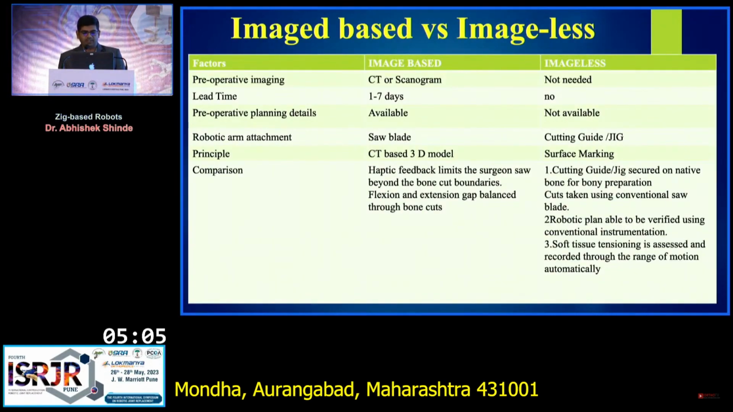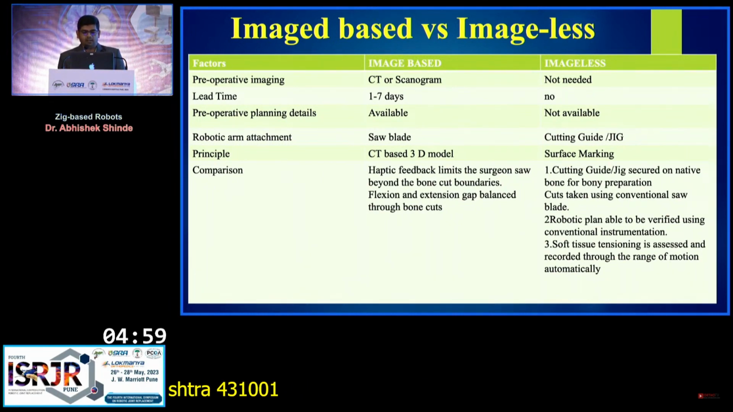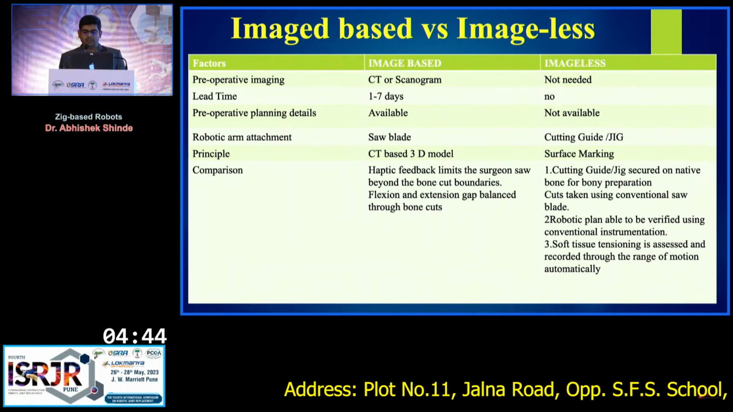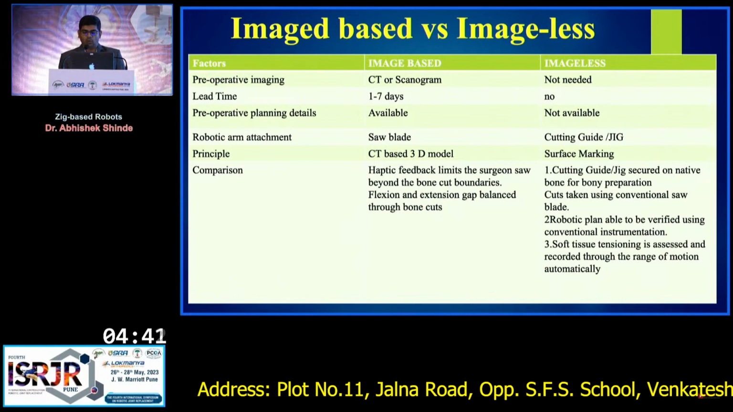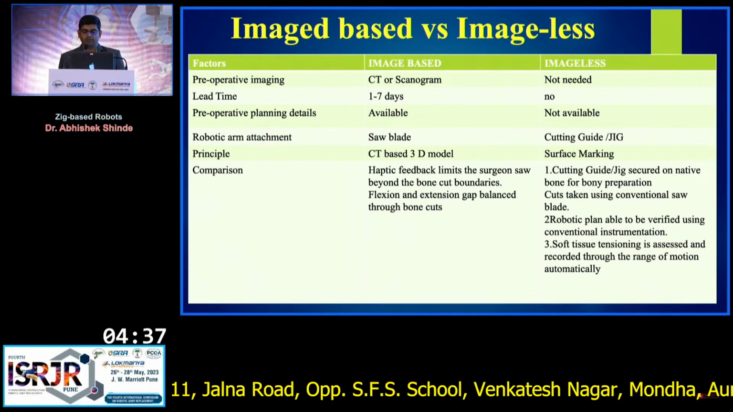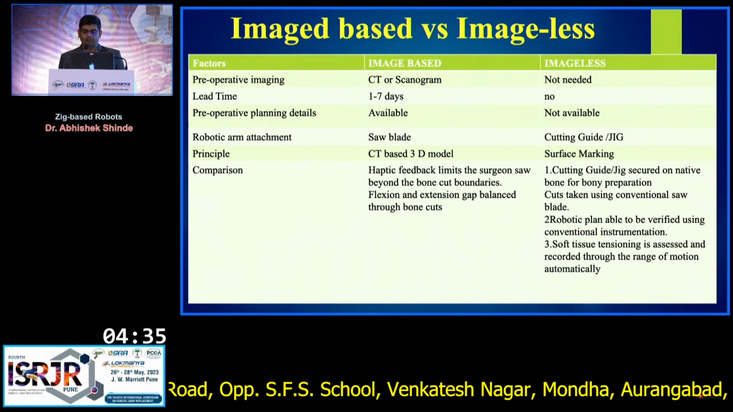So image-based or image-less. Image-based, you need a CT or scanogram. Image-less, it is not needed, lead time is not required, and pre-operative planning details are not available. The robotic arm attachment is cutting or jig-based. The jig is secured on the native bone for bony preparation, and cuts are taken using the conventional saw blade. The robotic plan can be verified using conventional instrumentation, and soft tissue tensioning is assisted and recorded throughout the range